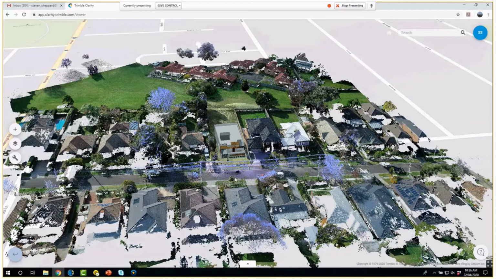We could actually be modeling the overlooking and overshadowing into here as well, and providing that in a way that anybody can come in and see what the physical effect is on the ground, to be able to just get a nice, easier feel here of how things are operating. And within this, we can also measure, take some offsets. We can click through and cut through this so that we can see a quick cross section. And when we have the station panoramas in here as well, actually I might just